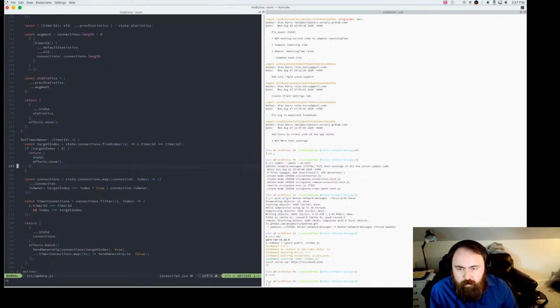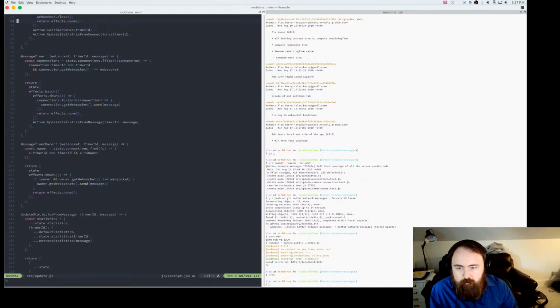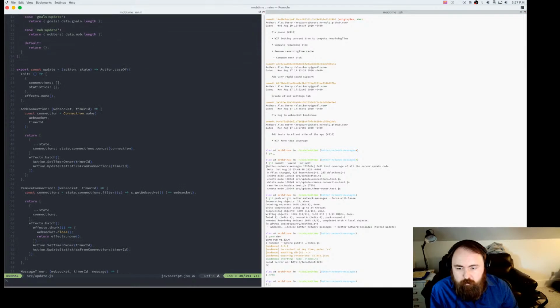So a couple things happen when we're sending stuff. So let's just see what happens when we connect someone and we say set the timer owner as expected, and also update statistics from connections.